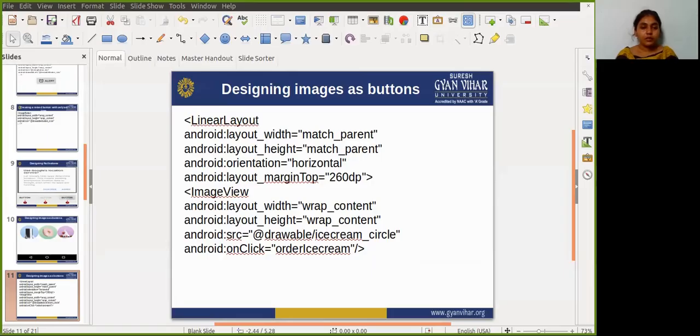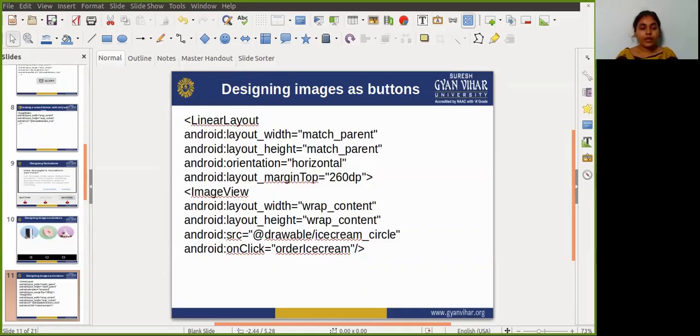Okay, so it was defined, and after that obviously there are three images here. So for that you need to add three image views. In the first image view you need to write some attributes, and you need to add some control to each button. The attributes you need to add are layout width, layout height, src, and onClick.